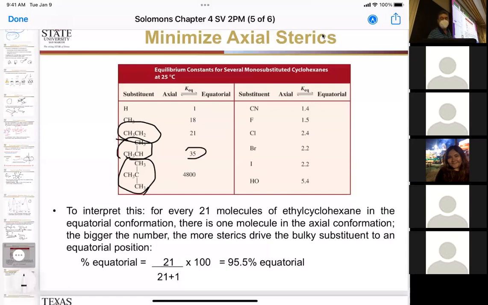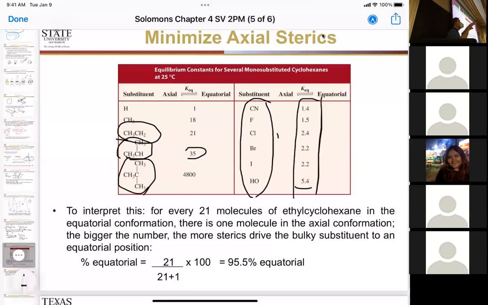Okay, so now some other groups that aren't as big but have some kind of steric demand can actually have a little bit of shift. But notice the alkyl groups have a much bigger shift than the other groups we have. Okay, so questions on that? So what this means is if you have a big substituent, it's going to try to be in the equatorial position as much of the time as possible. Okay, so that being said,